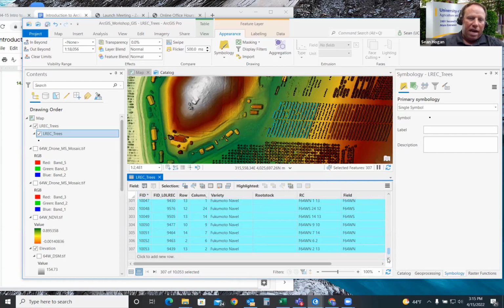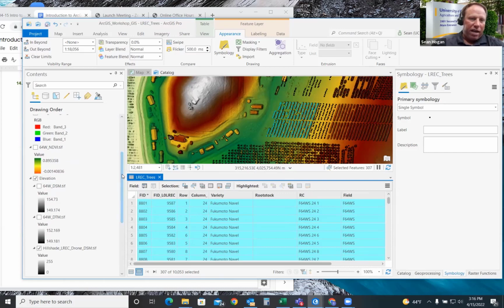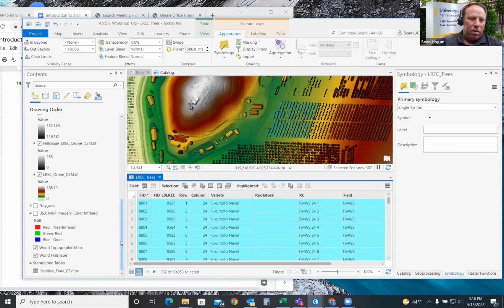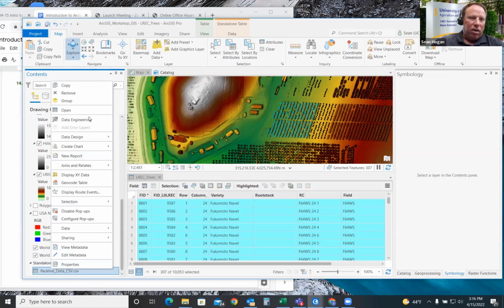And if I go all the way down, you can see that there's a full set. Now, for comparison, let's take the contents pane. Drag it all the way to the bottom to where you can see the standalone Pacline data CSV file. Right click on this and click open.